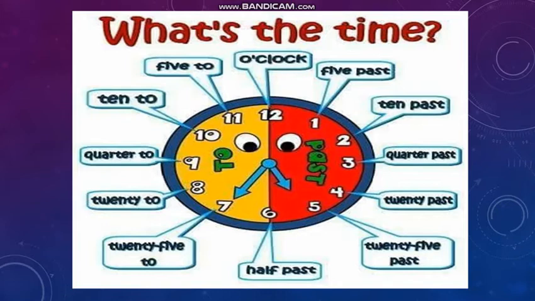When the minute hand is on the right hand side of the clock, that means the minute hand is on 1 to 6, the red colored area of the clock, we talk about minutes past the hour. But when the minute hand is on the left hand side of the clock, that means after 6, the yellow colored part of the clock, we talk about minutes to the next hour.